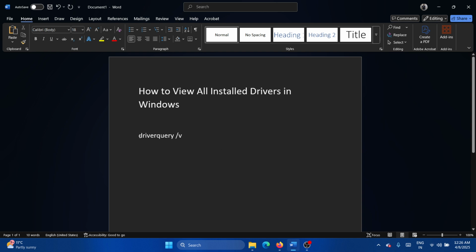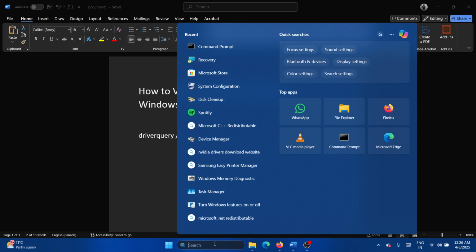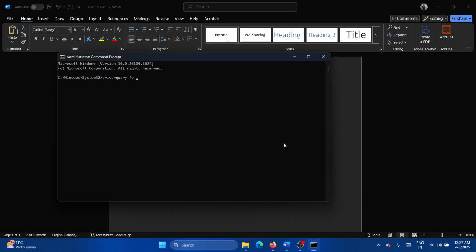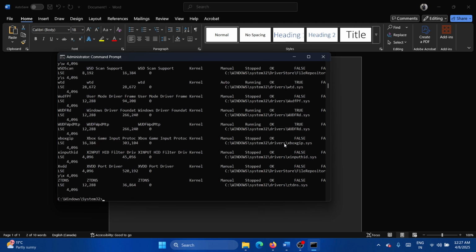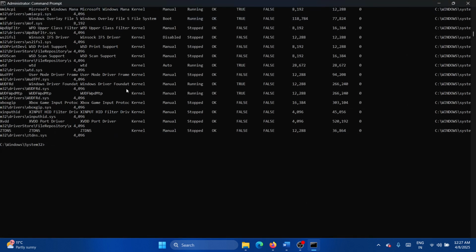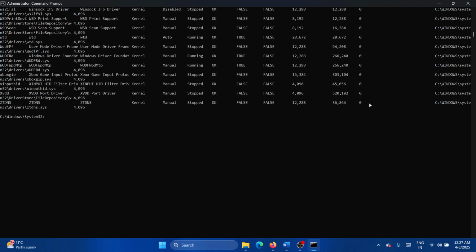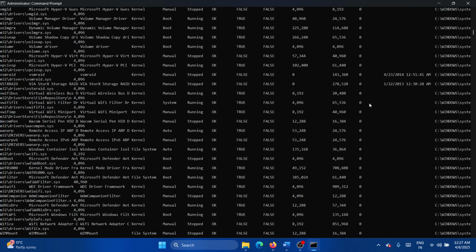There is a command which is driverquery space forward slash v. We don't need it, but this is the official method, so I'll show you first. Copy it, search for command prompt in the Windows search bar, and click on run as administrator. Paste it here and hit enter. In a while, it will show you all the data and you have to bring it to full screen, and you will be able to scroll and check all the details here, like the volume driver, the Microsoft this